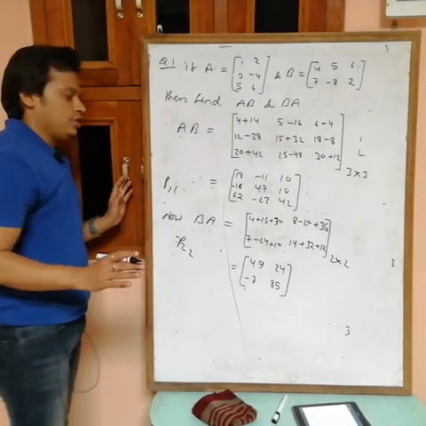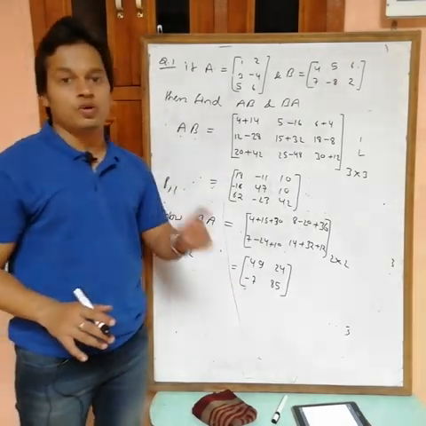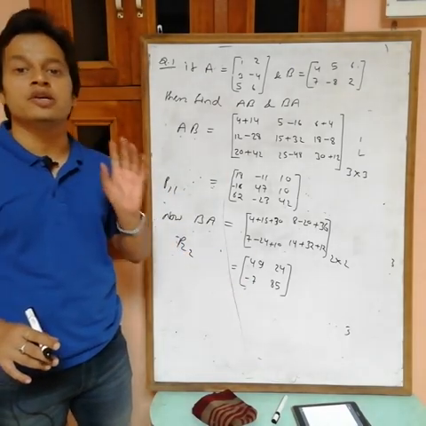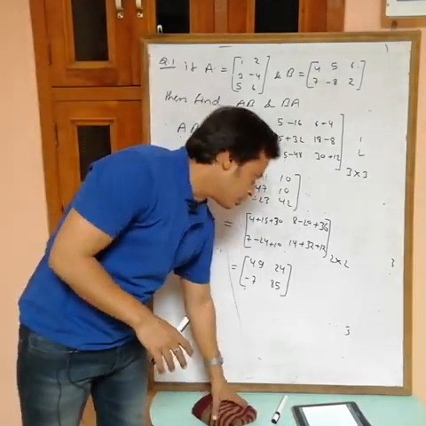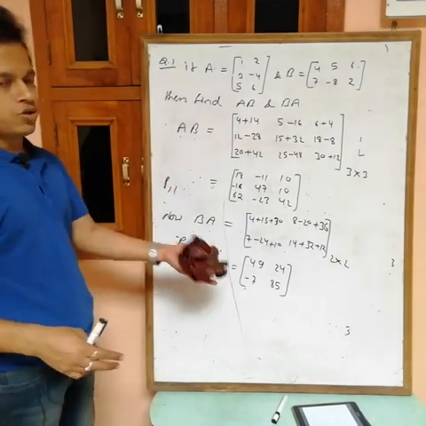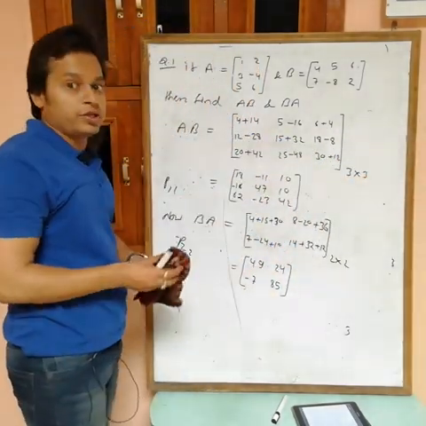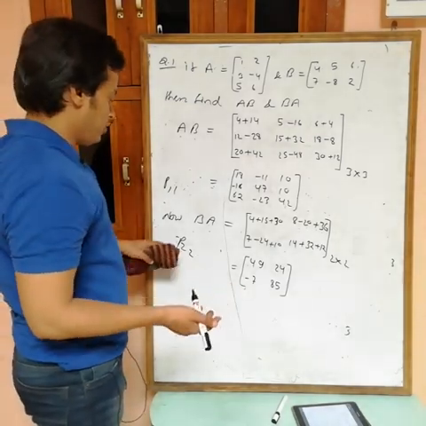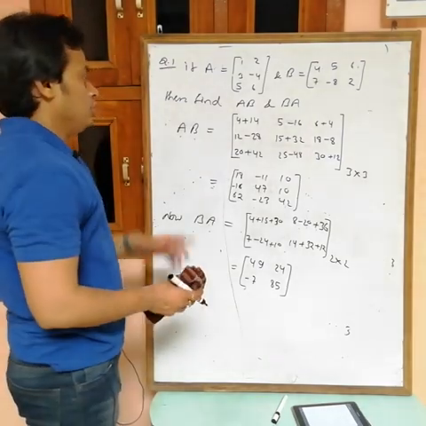Okay, so this is BA, and easily you can say AB is not equal to BA. So remember, it is not necessary that AB is equal to BA. Sometimes they may be equal, but generally they are not equal. Because order is not the same, and even if the order is the same, it is not necessary that the numbers are the same. The elements may be different. So generally AB is not equal to BA. Because of that I am taking this example.